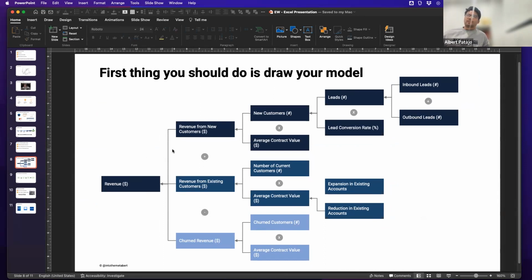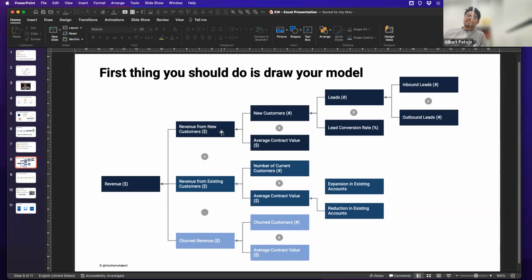How much revenue am I getting from new customers? How much revenue am I getting from existing customers? And then how much revenue am I losing from customers who churn? And then you can start to click on each of these key buckets of revenue to understand how you get to that. So your approach keeps broadening.